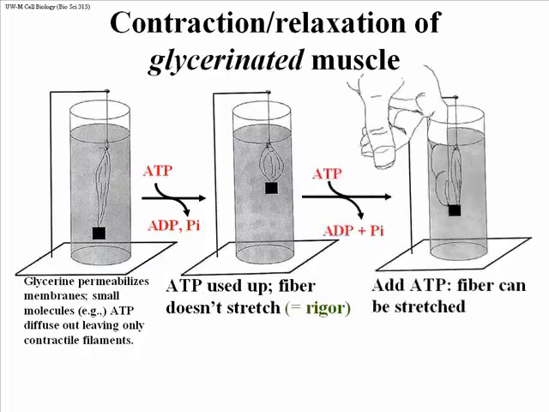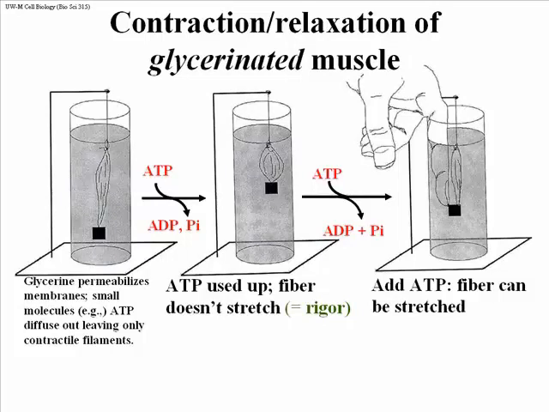If you add fresh ATP back to this cylinder, you would at first see nothing happen. The cylinder would look just like the one in the middle of this illustration. But if you were to try to stretch that muscle shortly after adding the ATP, you would find that you could do it. If you waited a little bit longer, and when the ATP is consumed, used up, when the reaction reaches equilibrium, and there's no or not enough ATP to hydrolyze, the muscle will have recontracted and the weight